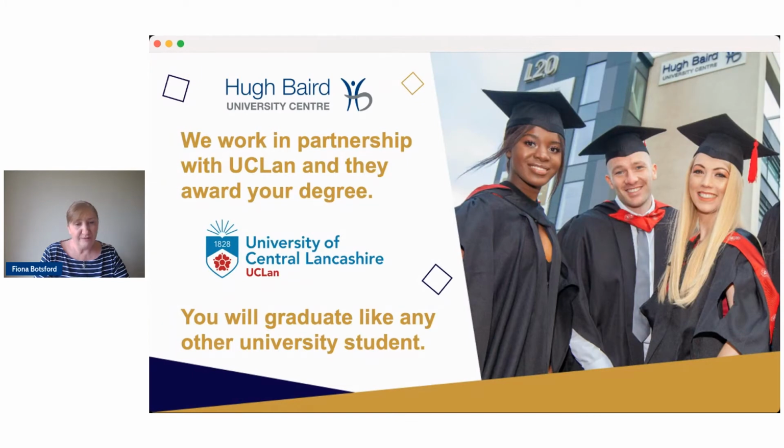So the qualification itself actually comes from the University of Central Lancashire. We work in very close partnership with the university based in Preston. You would have dual enrolment, so you're enrolled both at Hugh Baird and at UCLan. And then that means that your qualification is guaranteed to be of a certain quality because it comes from a highly regarded institution, UCLan. But you don't actually attend UCLan, you attend Hugh Baird, so you get that experience, which